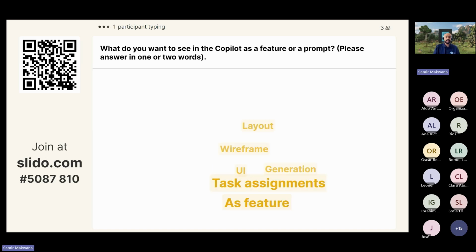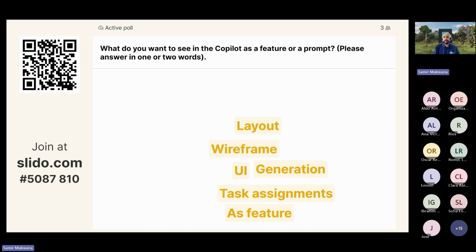Okay, I see layout, wireframe, UI generation. This is great. Yeah, thanks for that.